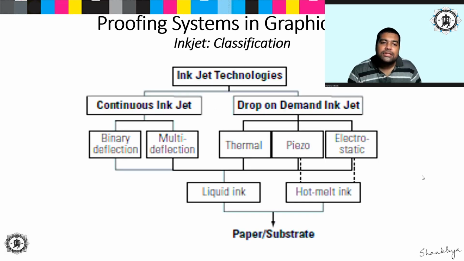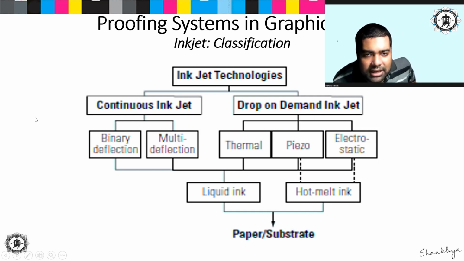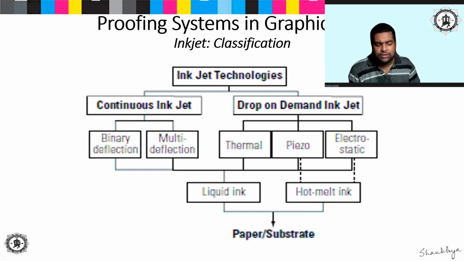So as you can see, these are the various classifications of the inkjet printing process, where you have two types of inkjet technologies. One is the continuous inkjet technology, another is the drop on demand inkjet technology. So what is the difference? In your continuous inkjet technology, what you have is a continuous stream of ink flowing, and that stream of ink is deflected depending upon the image information that is coming from your computer